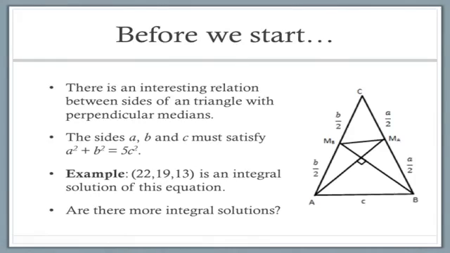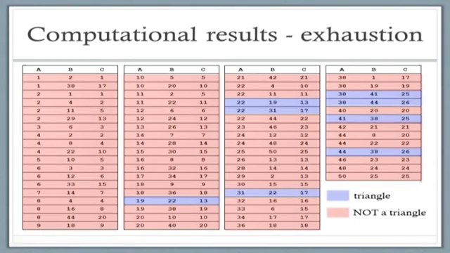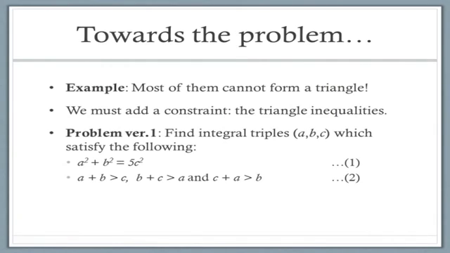Therefore, we want to know whether we can find all the integral solutions of this equation or not. We use programs to exhaust the first few results and find that most of them cannot satisfy the triangle inequality, as highlighted in red here. Therefore, we want to add a constraint to this problem. Now the problem changes to finding integral triples a, b, c which satisfy the governing equation and also the